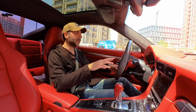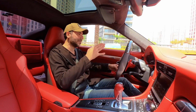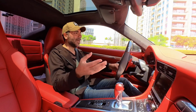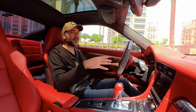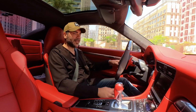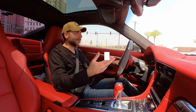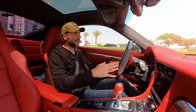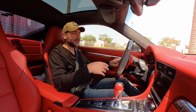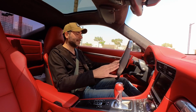This is the one party piece of this car which can deliver time and time and time again in a row if needed, and just give you phenomenal launches from the ground up and never complain about it. And I love that about this car. Which brings me to the acceleration. And I think as great of a track car as this is and an everyday road car, the acceleration in a straight line